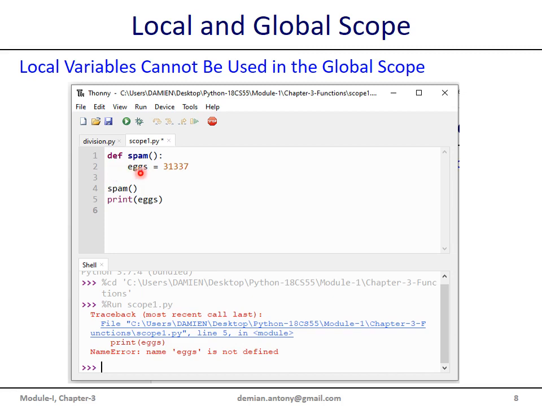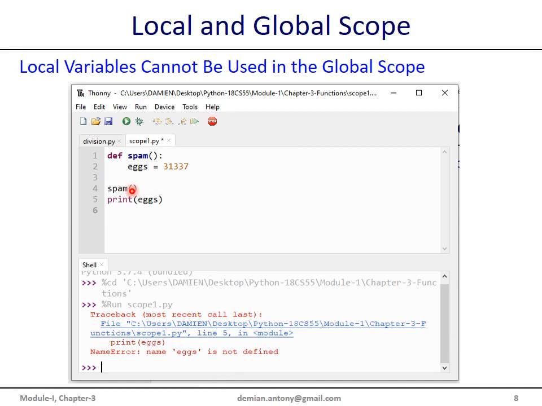Upon termination the variable is destroyed, and thus that variable x is not available at the global scope, which results in an error, and that error is called NameError: name x is not defined. This requires a definition here, x equal to 5. If you write x equal to 5 or some value, then you will not encounter this error.